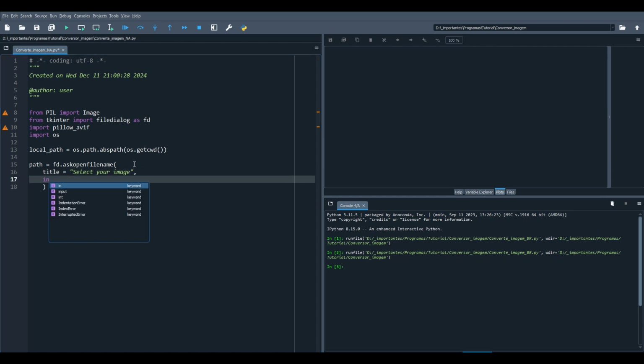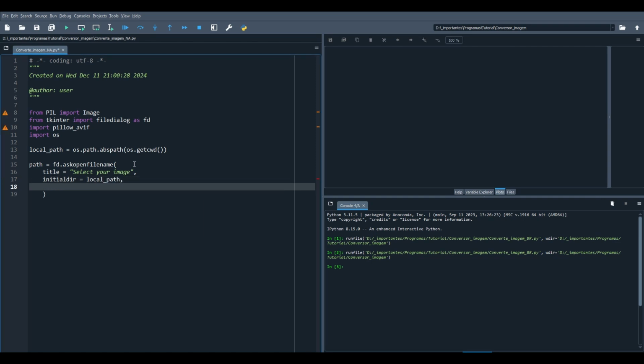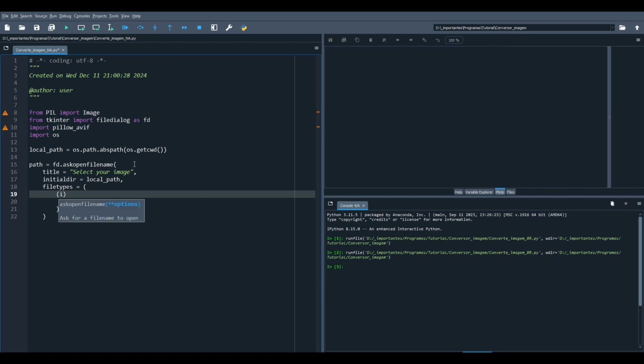We're gonna use initialdir as our local path. We're gonna open first the path that is our code. And the file types that we're gonna use is gonna be those pesky types. The image files